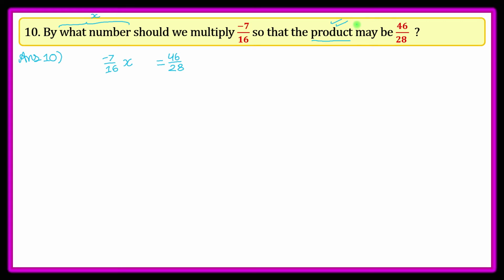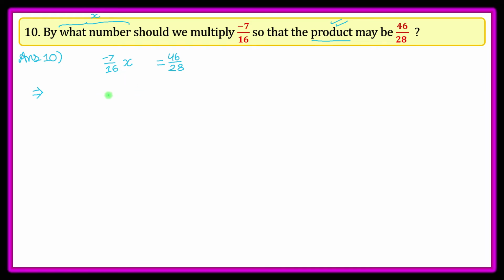So we don't have to write x with the product, and that is why we keep the product alone, and the variable always comes with the second number. I have told you this trick so that you don't get confused, because many students get confused in this part. The product will always be alone. Now we are going to start solving the equation.